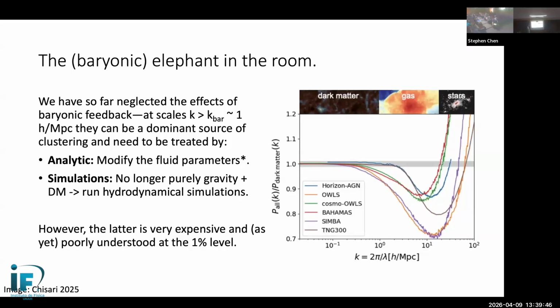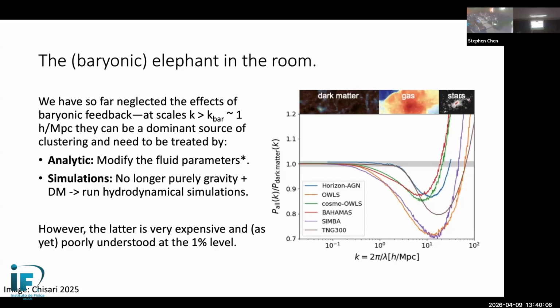But now to come back to Alejandro's question, one thing I've ignored is the elephant in the room, of course, which is baryons. Of course, all elephants are made of baryons. But what I've neglected so far is that the effects of baryonic feedback are actually very important. What I mean by that